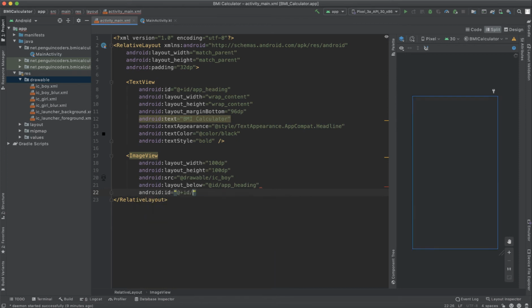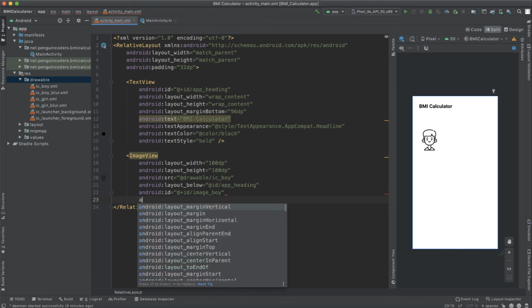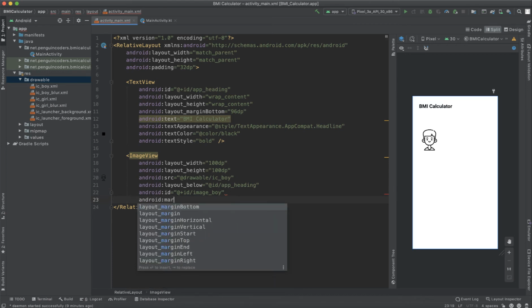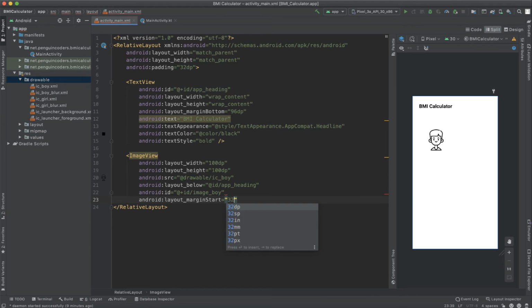ID would be image of boy, so image underscore boy, and we will add one Android margin start so that it looks a little bit centered. So margin start would be 32 dp. Okay, then do a control option L to reformat the code.